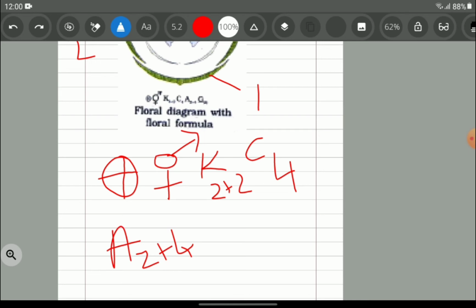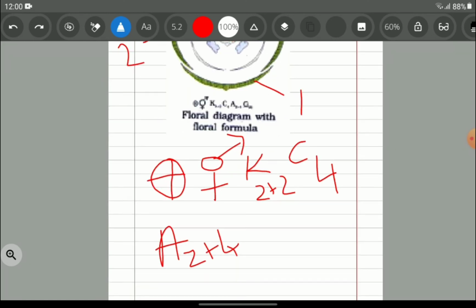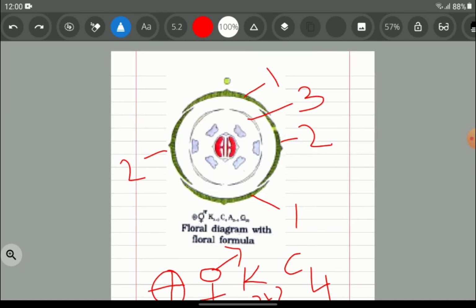That means there are 2 anthers in one circle and the other 4 anthers are in the other circle. Let us see in the diagram and judge for ourselves. See, here there is first 2 and then 4. So that's why it is written as 2 plus 4. 2 plus 4 is 6, so there are 6 anthers, but they did not write 4 plus 2. The way you write is also very important. It's not 4 plus 2, it is 2 plus 4. Why? Because in the outermost circle it is 2 and in the innermost circle there are 4 anthers. So this is the 4th circle, then this is the 5th circle.